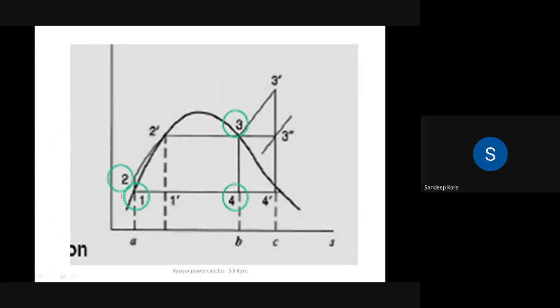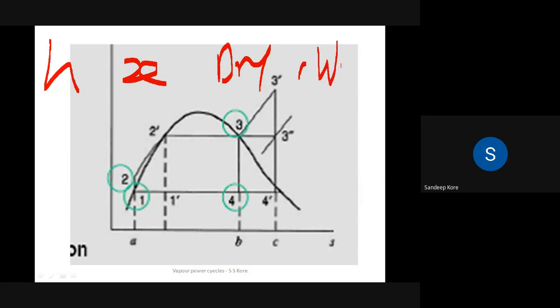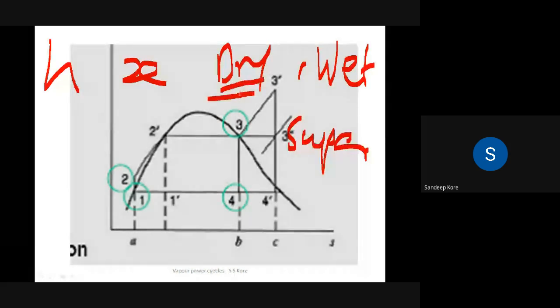Okay, so I think last time, due to online classes, these things may not be clear to you. In thermodynamics there is one chapter, formation of steam, where you have studied all these things. The first one is called dry steam, the second one is called wet steam and the third one is called superheated steam. What does dry steam mean? It does not have even one water particle. What does wet steam mean? It will have water particles. And what is superheated steam? If we heat dry steam further, it is called superheated steam.